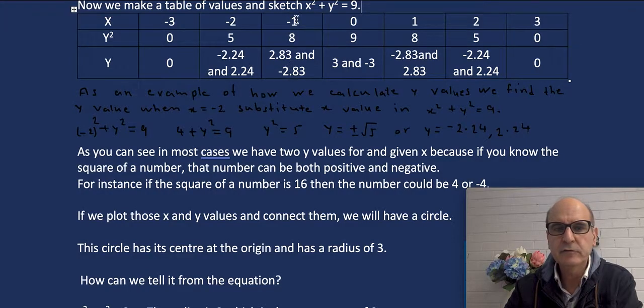Here, again, that defines 2 points on the graph for me. X is minus 1, y is 2.83, and x is minus 1, and y is minus 2.83. And it continues like that. So we can complete the table. Once we completed the table